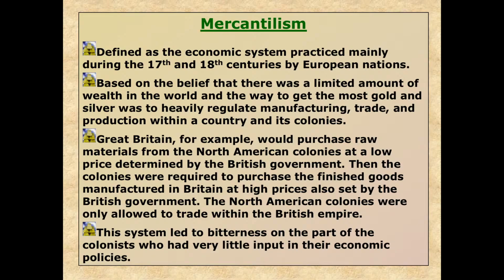Mercantilism. So mercantilism, remember, we had talked about this last stream. With mercantilism, we believe that there's a limited amount of wealth. It's not infinite. So we gotta pick up the most gold and silver and just straight up cash however we can. And how we're gonna do this is with this system of mercantilism. We are going to set up shop in the New World with our colonies, and our colonies' purpose is to benefit the mother country, so to benefit Great Britain.